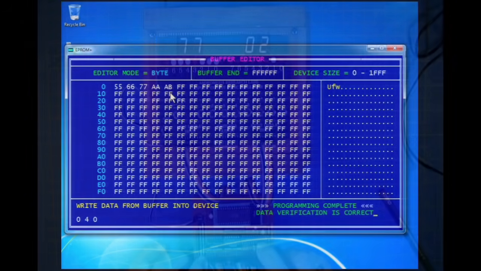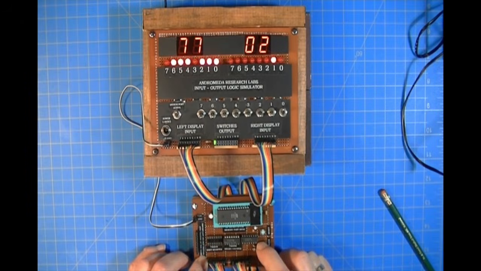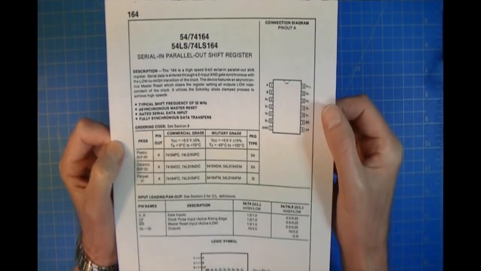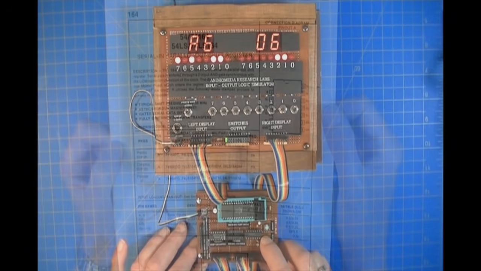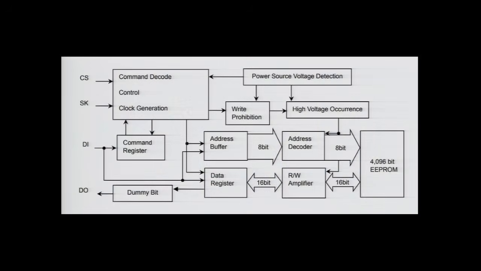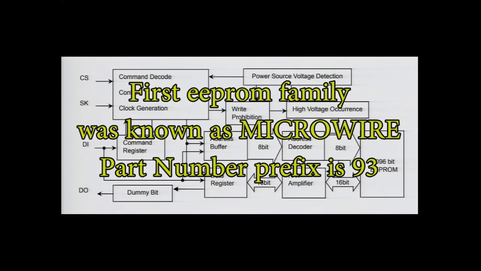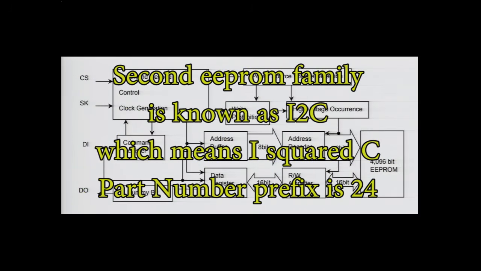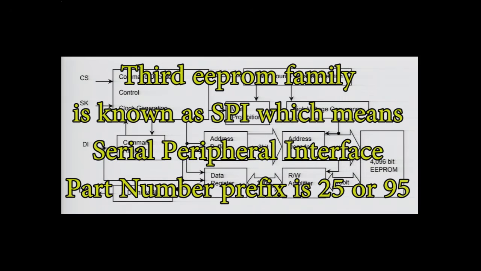Then we're going to talk about binary and binary counting. Then we're going to actually build a serial EEPROM using the previous EEPROM that we used in the demonstration, so you understand how a serial EEPROM works. We show you the internal diagram of a serial EEPROM. And then we move on to the actual EEPROM families, where we're going to teach you about the families and their order, the 93 family, the 24 family, which is the I2C family,